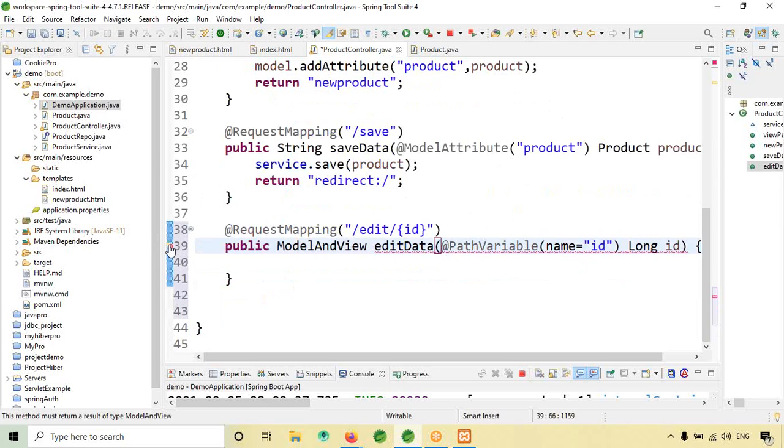Okay, before the return statement, what I will do is